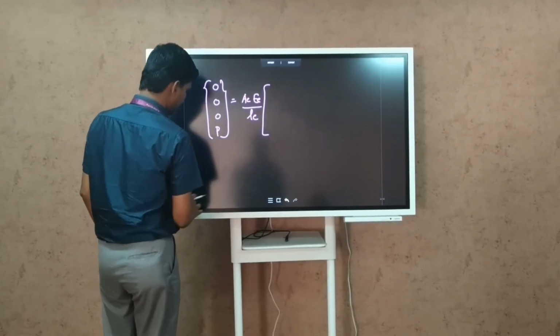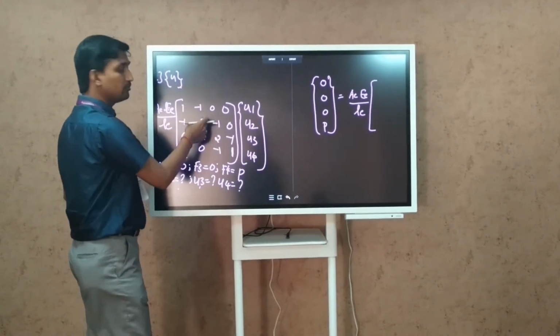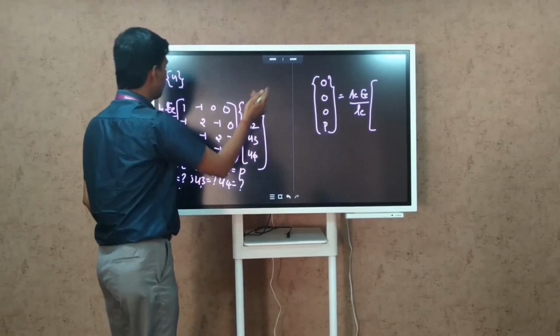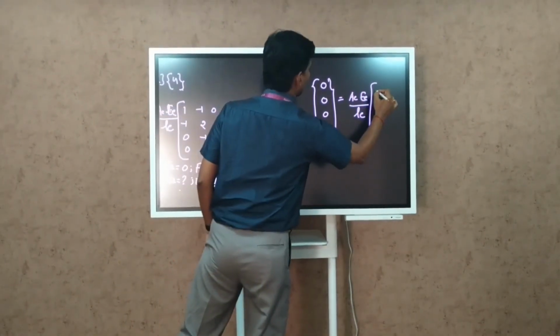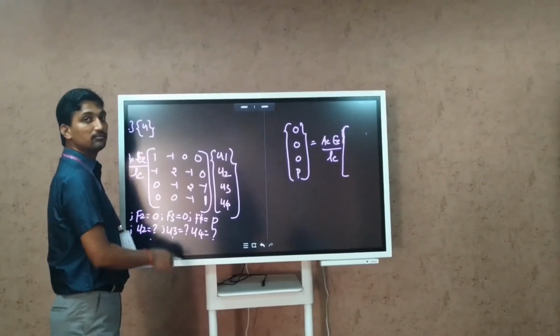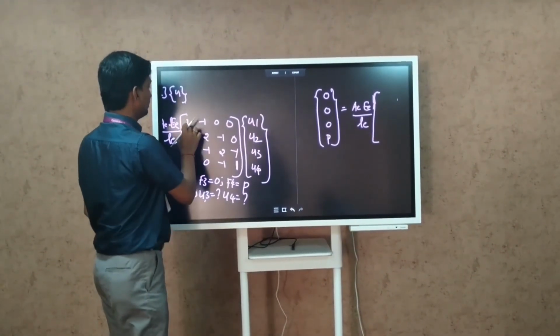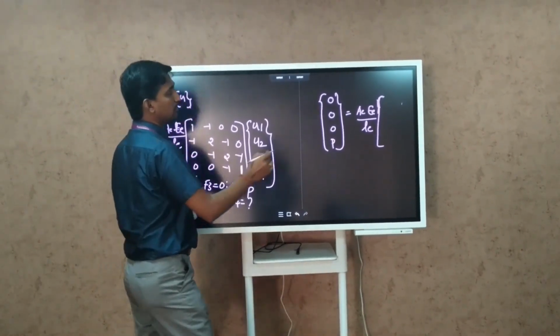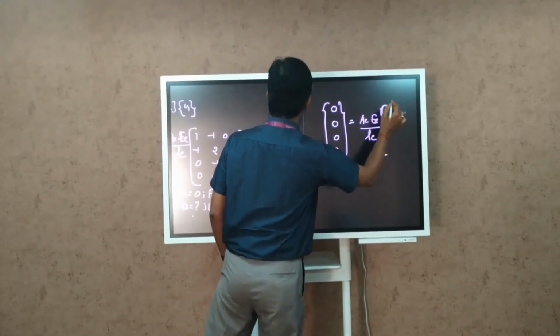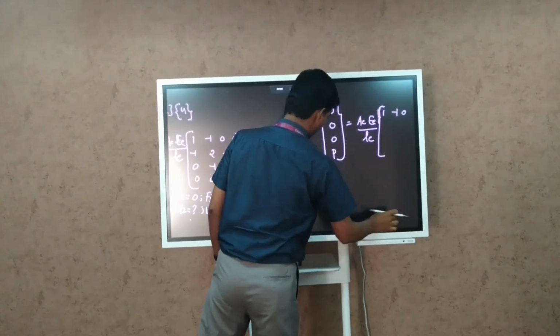Similarly, whatever values have been found over here, they have to be written over here. This is -1. Similarly, this is -1. Then these values have to be substituted over here. In this particular cell, I am going to get the value +1. But whereas here -1, then this is 0. Then this part